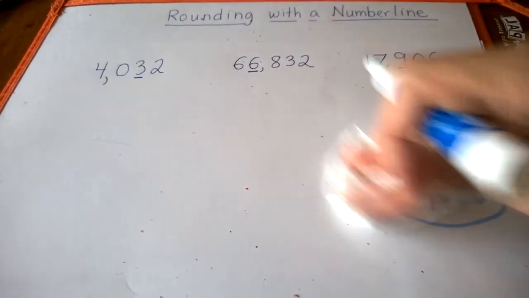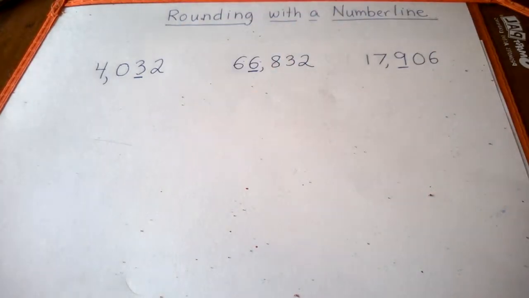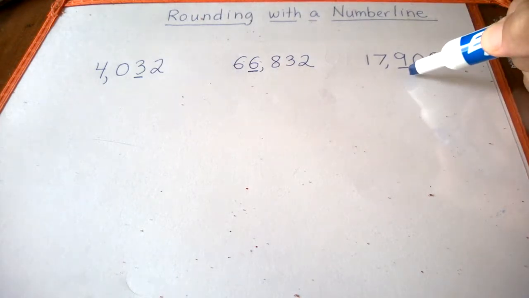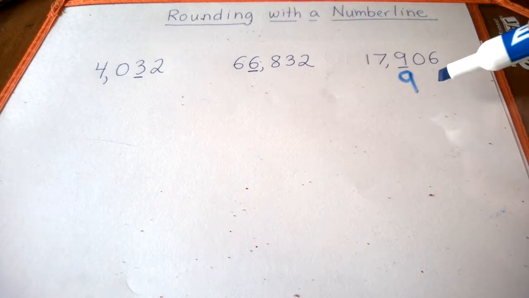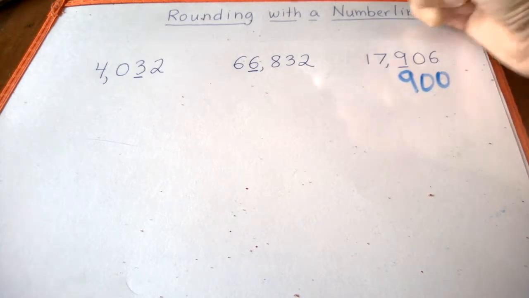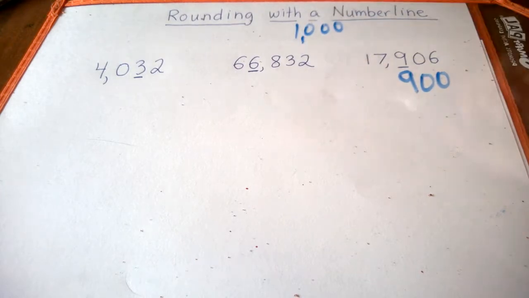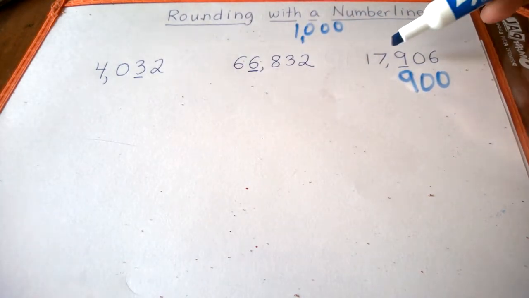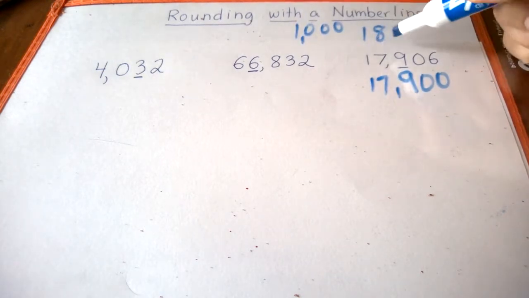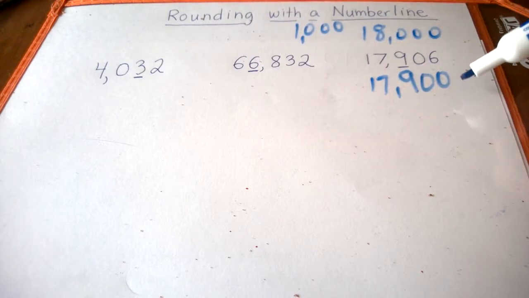Okay, now this last one's a bit tricky when you have nines rounding. So when we look at this 9 in the hundreds place, we need to think, is it going to stay a 9 or go up? Now this is strange because it's either 900 or 1,000. That seems kind of strange, but if you look at it, 1,000 would be the next 1,000. And in this case, if we were starting at 17,000, that would go up to 18,000. Or you can think about it, if I'm rounding to the hundreds place, I count up 100 from 17,900,